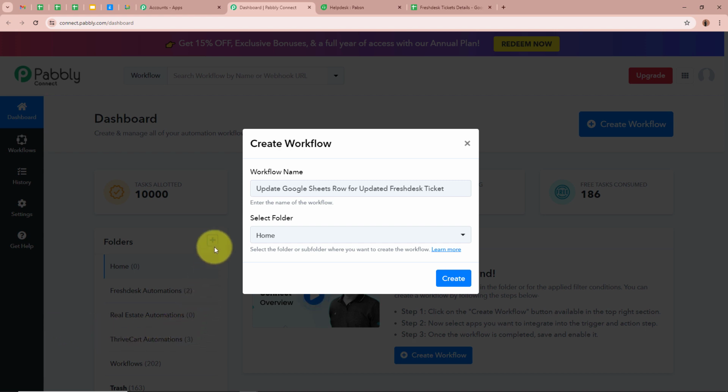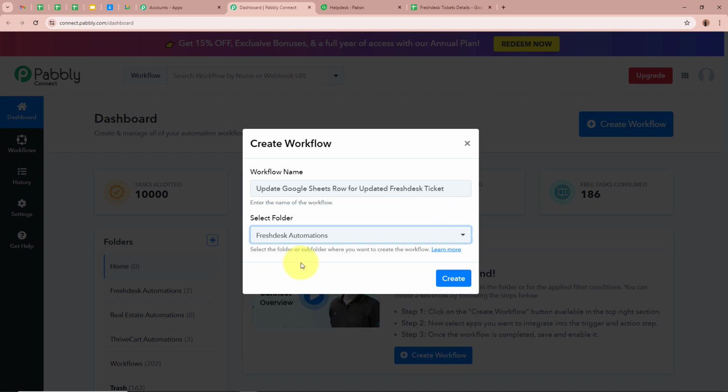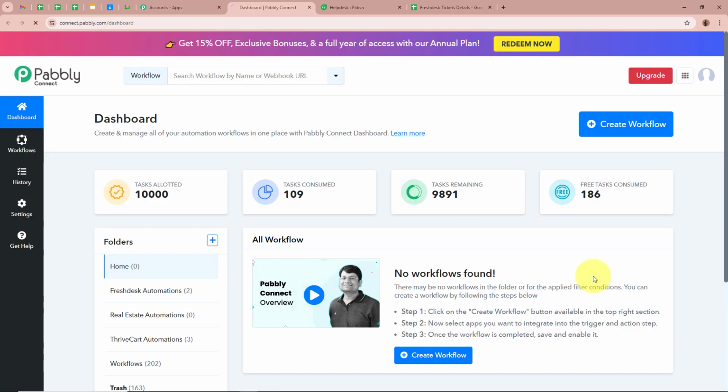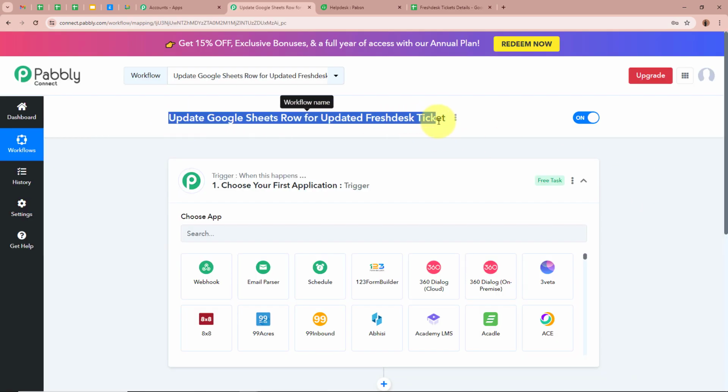If you want to create your own folder, you have to click on this plus button right over here. As you have created a folder, you have to select a specific folder in which you want to save this workflow. For that, click on this arrow and these are the folders from which I am going to select Freshdesk Automations as the folder I want to save this workflow in. After giving a name to a workflow and selecting the folder, let's click on Create in order to create a workflow. A workflow is created in the name of Update Google Sheets row for updated Freshdesk ticket, and there are